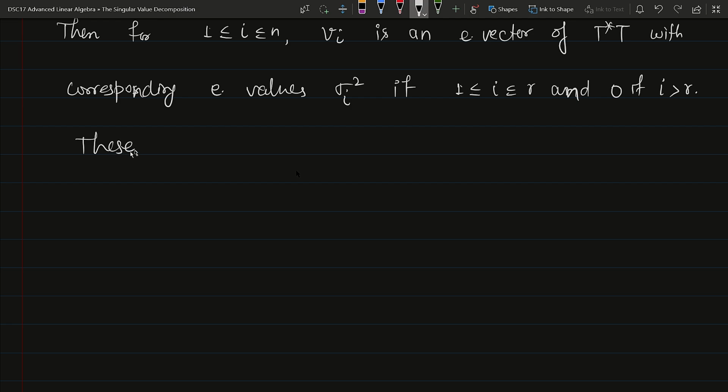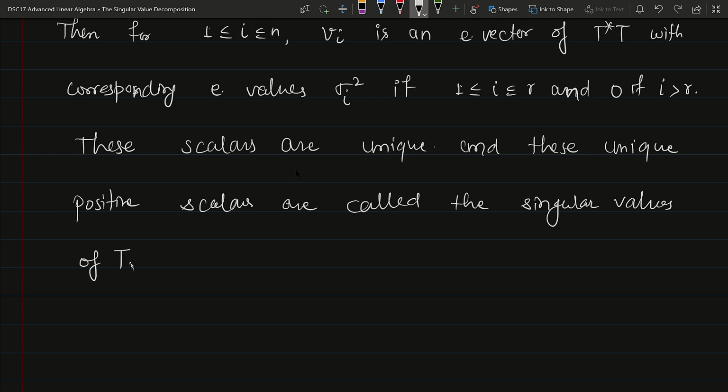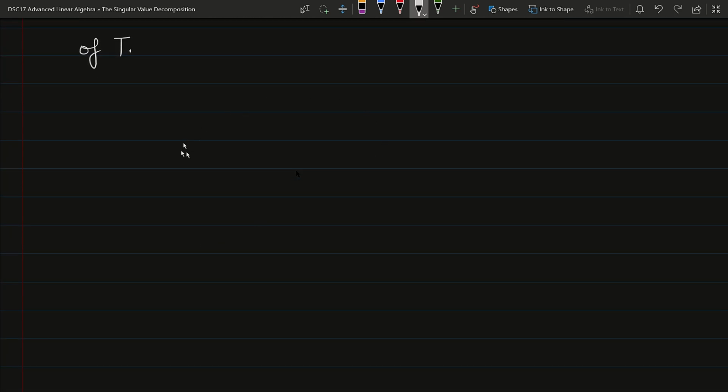these scalars are unique, and these unique positive scalars are called the singular values of T. Okay, now we have an important concept that